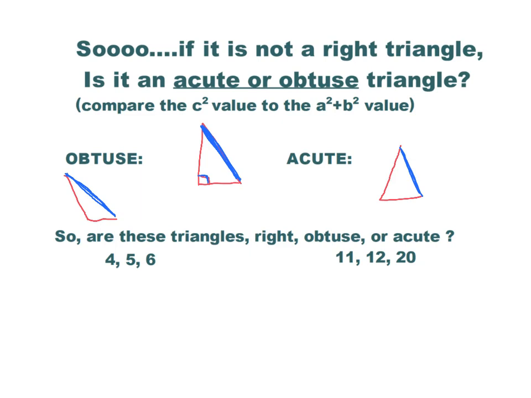So what we're going to do is compare the c squared, the hypotenuse piece, to the a squared plus b squared. If the c squared is longer, that's going to mean that this had to open up wider. So let's put this in our notes. I don't know if you put all those little triangles. You don't have to have those triangles. But ultimately, for it to be obtuse, c squared is going to be greater than the a